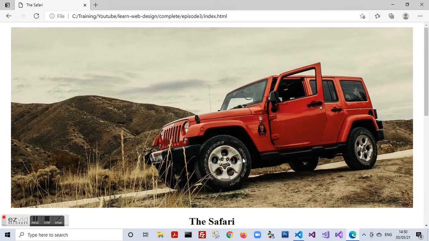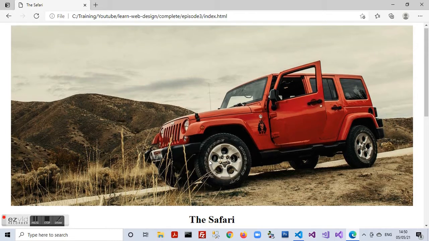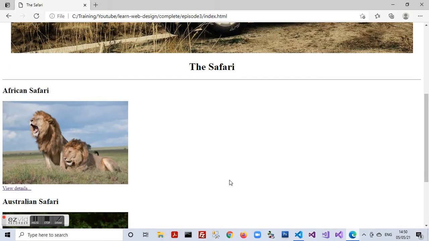So we can see here that I can move from the main page, that is the home page, to the sub page, and from the sub page I can move back to the home page through these hyperlinks. So now let's move on to Visual Studio Code and start developing this example website.